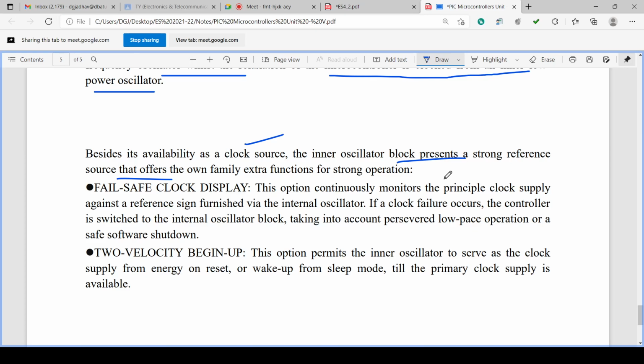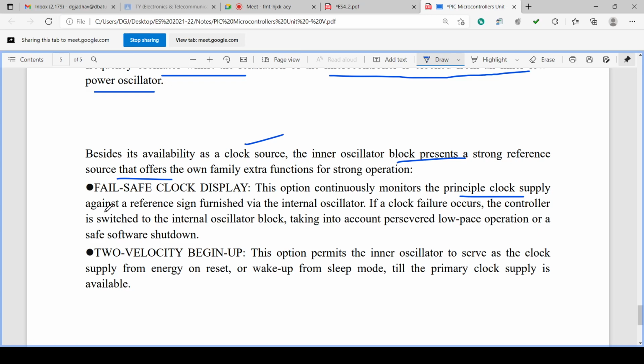The fail-safe clock monitor option continuously monitors the principal clock supply, the main clock supply, whatever the main clock supply is there. One clock is available, it can be multiplied, it can be divided, and it can be derived with multiple clocks with higher frequency, lower frequency, etc. Okay, so it is possible, and it is there.